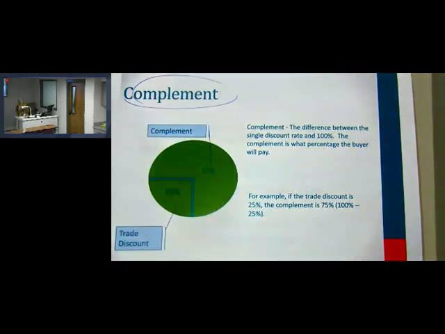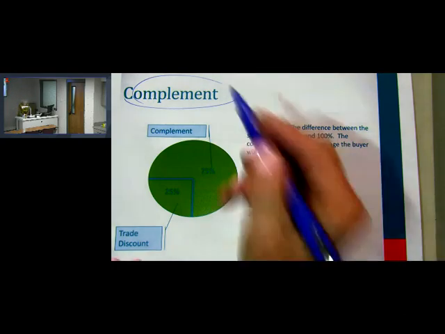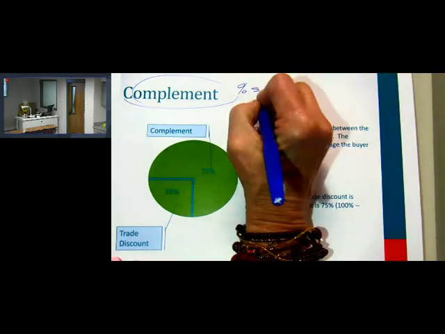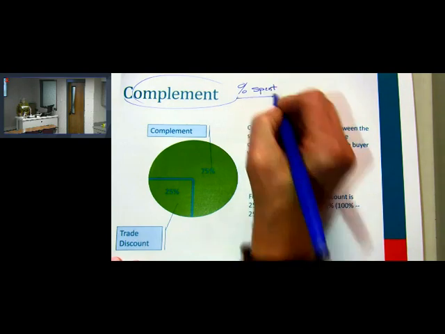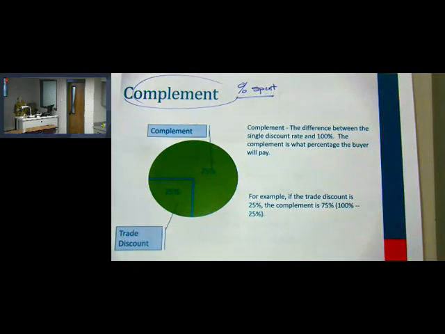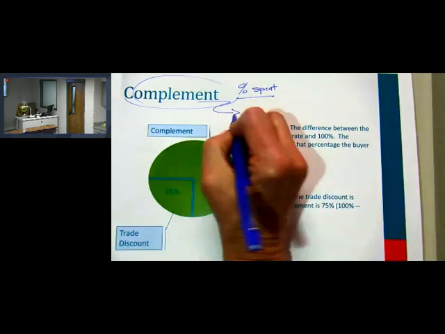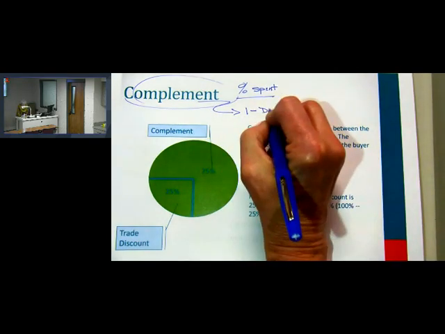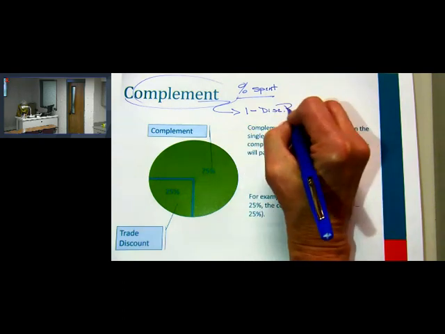So in this picture here, we're going to talk about the complement. The complement is the percent, not that you're saving, it's not the percent of the discount, but it's the percent that you're spending. So again, in general, percent spent. Sometimes when I'm shopping, I don't worry so much about the rate of the discount. I think more about, ooh, what's it going to look like in my checkbook? How much am I actually spending? So the complement is 1 minus the discount rate. That's what you need to remember. So again, it's 1 minus the discount rate.